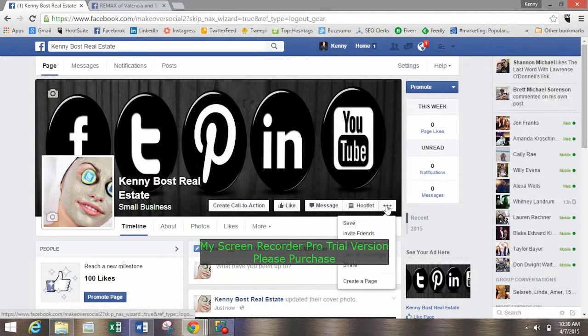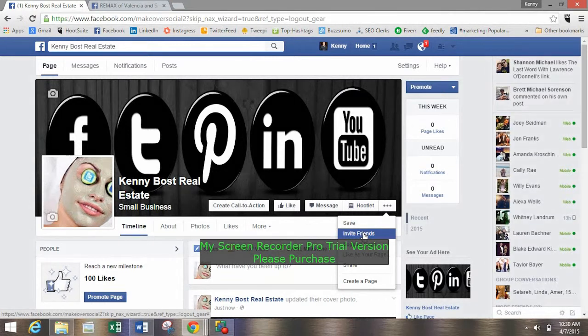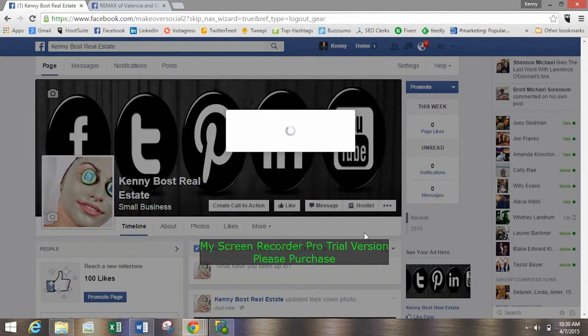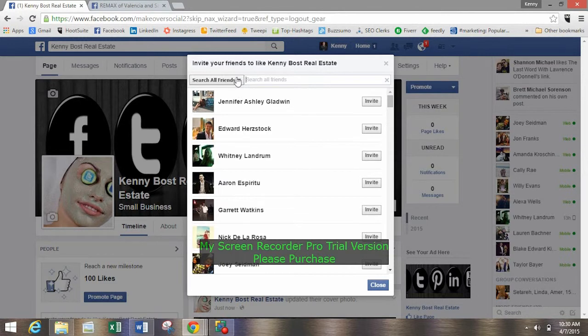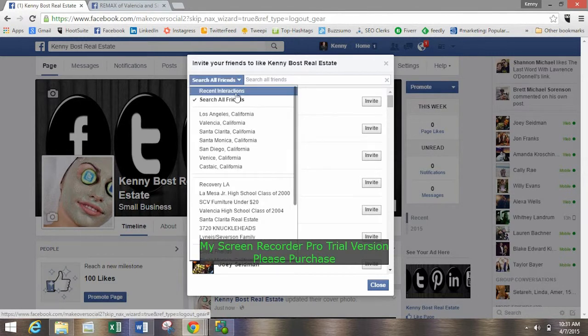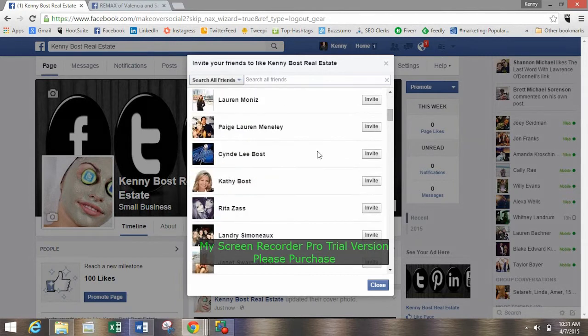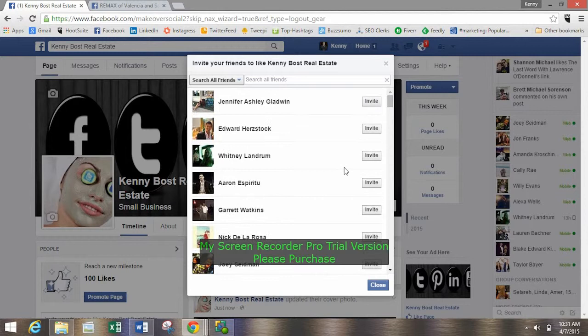You can invite friends from your personal page. This kind of brings us back to why we want to have a high number of friends on that personal page as well, and then be creating lists. So you're going to hit invite friends here, and I can choose by area, let's say where they live, or anything like that. You can just go down this list and hit invite. I believe you will hit a capacity for the day. You can't invite 1,000 people in a day, but I think it's somewhere around 50 or 60, and you can just keep hitting invite until that's done.